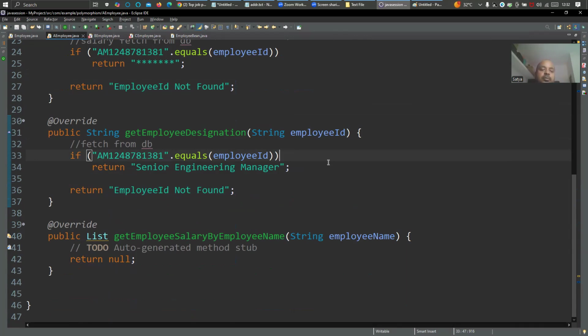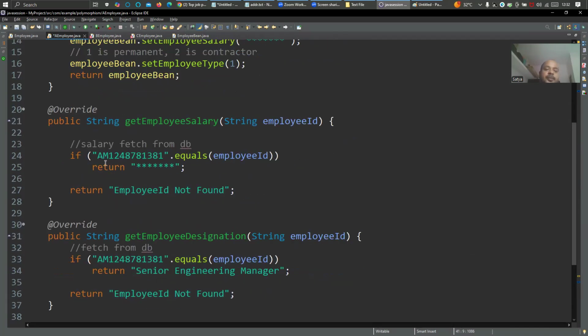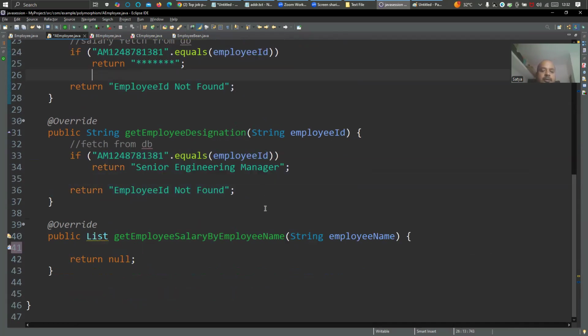So now let's come to line number 40, which is get employee salary by employee name, string employee name, right? So here you have to implement by employee name. Why I have taken the employee name is to show you that it fetches multiple employee salaries, because multiple employees with the same name are found in the database, right? So let's say if fetch